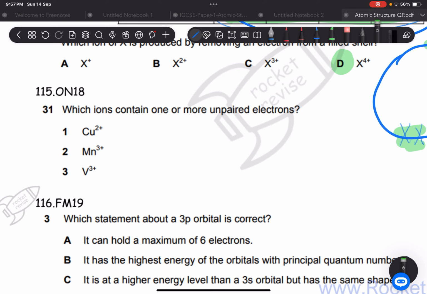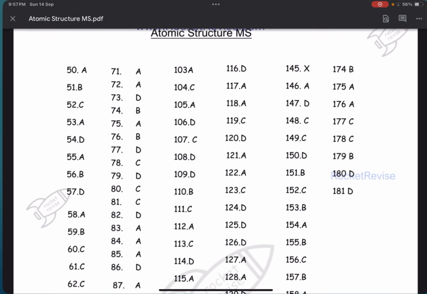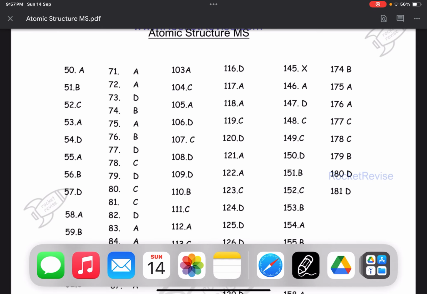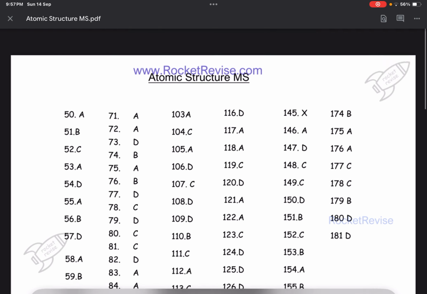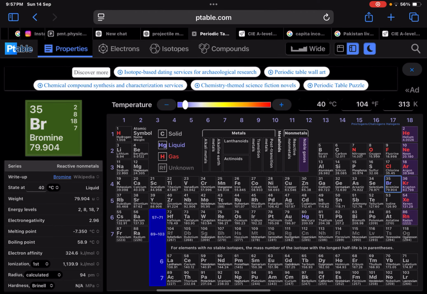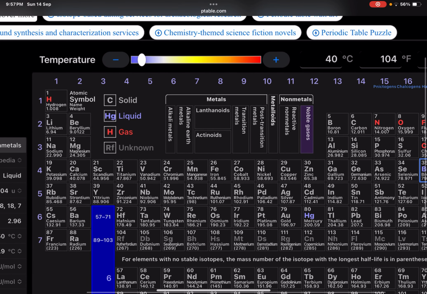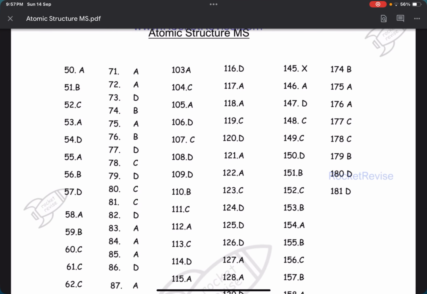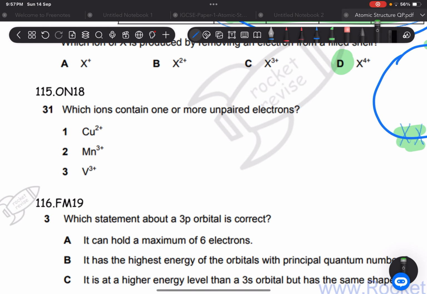So first let's write for the copper atom. For the copper atom, it might be a little confusing, but please bear with me. Because it's going to be 3d. From here we start 3d: 1, 2, 3, 4, 5, 6, 7, 8, 9. You think it's 3d9. And if we write 3d9 over here,